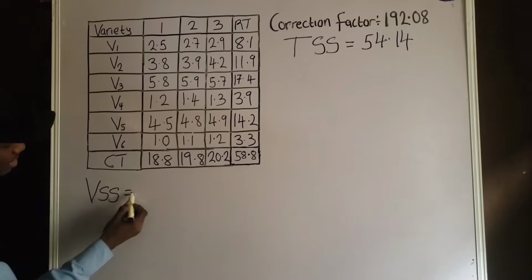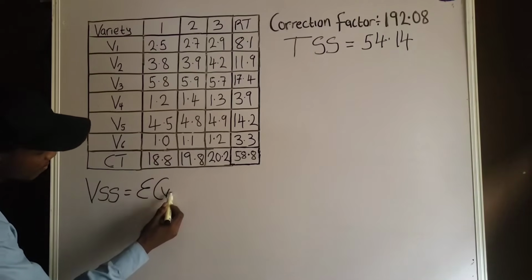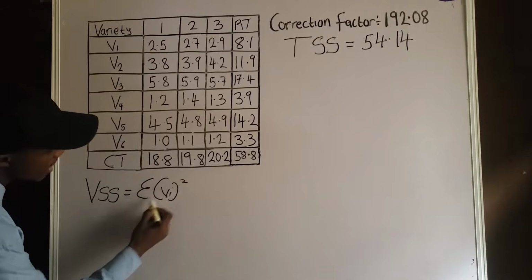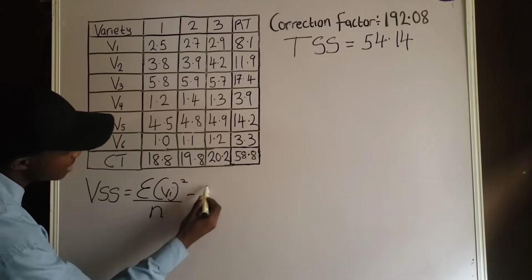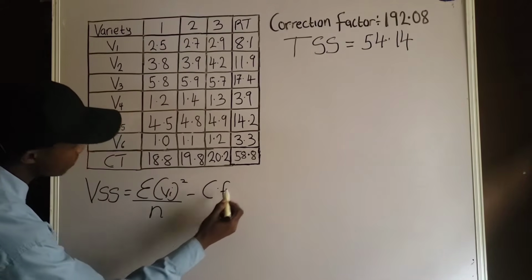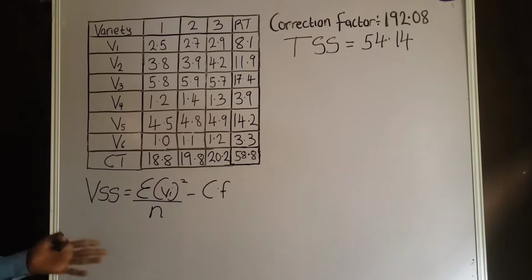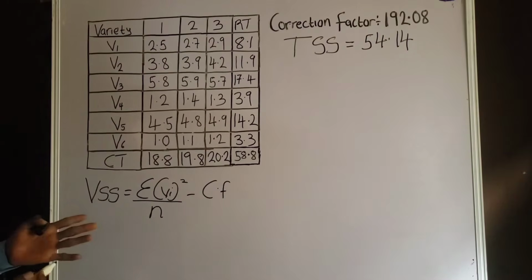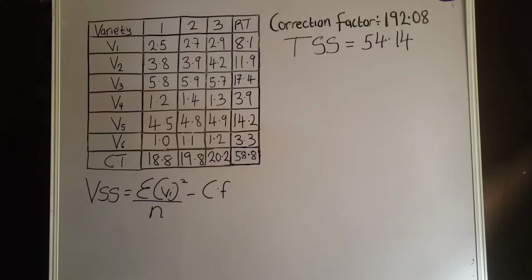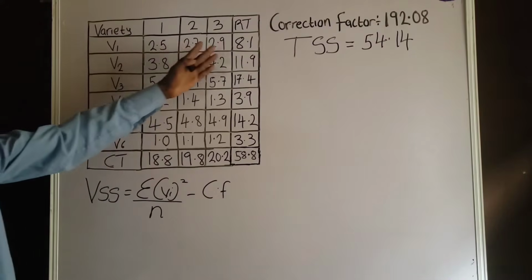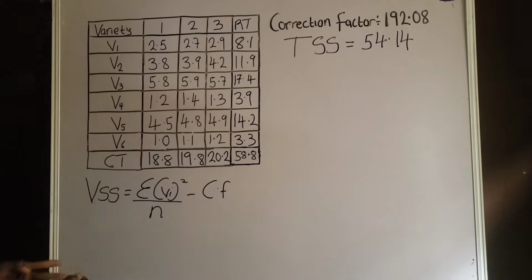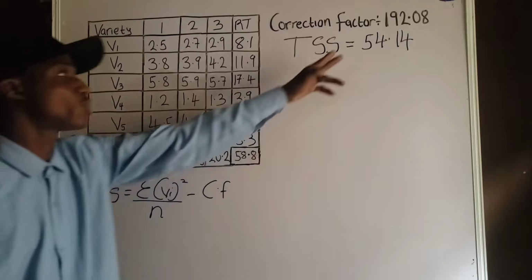The formula is given by: summation Vi squared all over n, minus the correction factor. Summation Vi squared is the summation of the square of the total of each variety, which we have already summed. And n is the total number of times each variety repeats, minus the correction factor that we have already gotten as